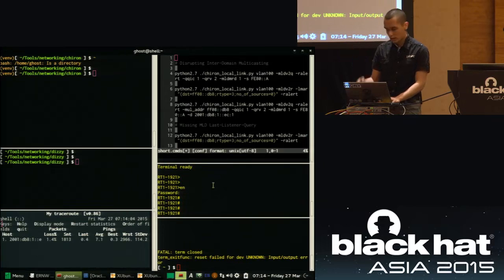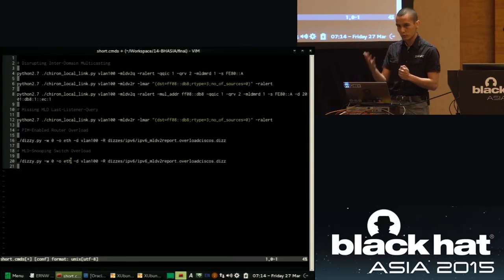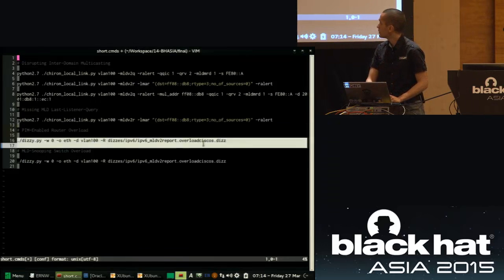Here we have a normal serial cable to the first router, and then we're just going to start sending DZ packets. Here I have my commands, and then we're going to start sending DZ packets to the router. DZ is just generating MLD version 2 reports, really big ones, to try to overload the router and fill the multicast cache, the MLD cache. So I'm just going to copy this.